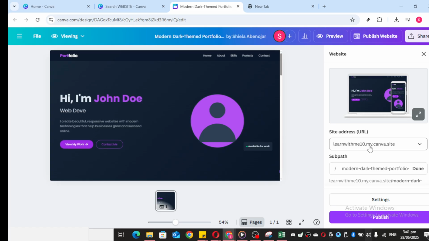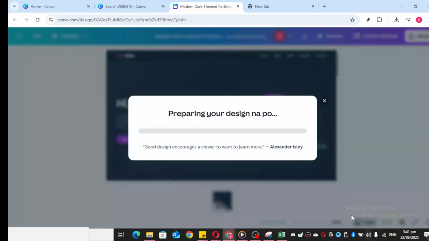Ready to share your creation with the world, it's time to hit Publish. As you wait for Canva to make your site live, take a moment to reflect on what you've accomplished. In a matter of minutes, you have transformed your vision into a ready-to-see online presence. Canva will then display the newly created website